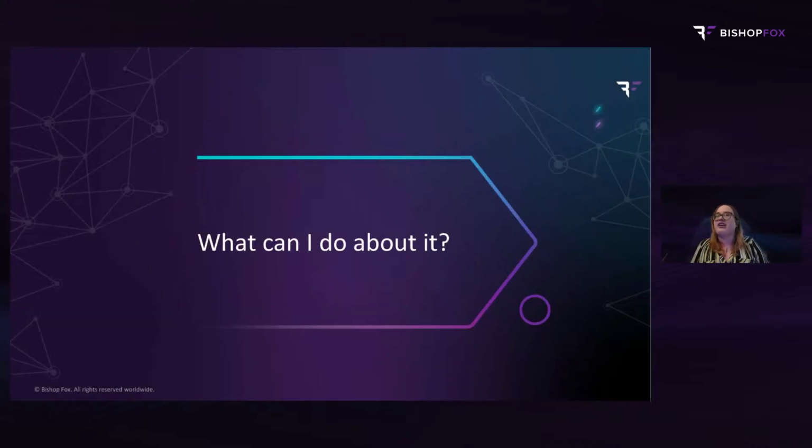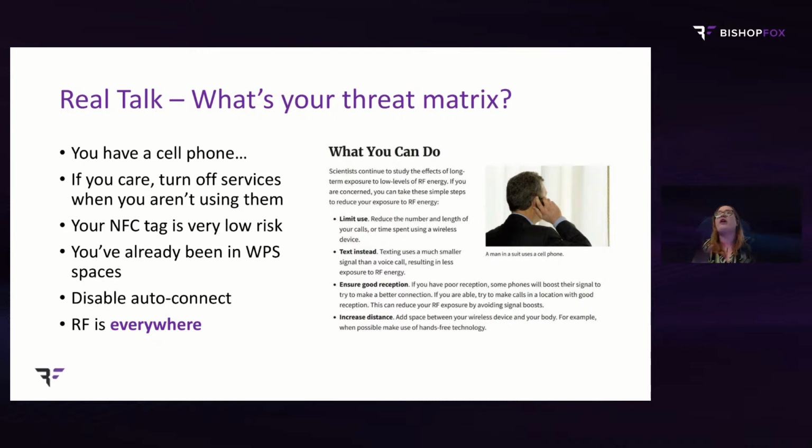But what can you do about it? Okay, what is your threat matrix? Let's establish that first. If you're afraid of being tracked, ask why, who, when, where, what's their motive, what will happen, things like that. Is there a reason for you to be tracked? Probably not. You're probably not committing bank heists and big crime where someone would want to do that in the first place. But again, your cellular provider obviously has the location of your cell phone. So if you have a cell phone, you are probably being tracked in some way, but you are consenting to that to use the device.